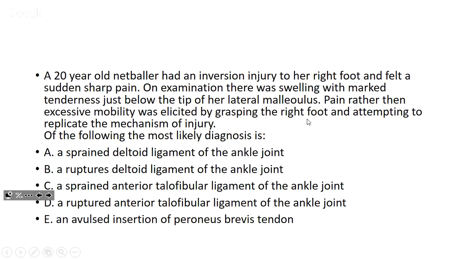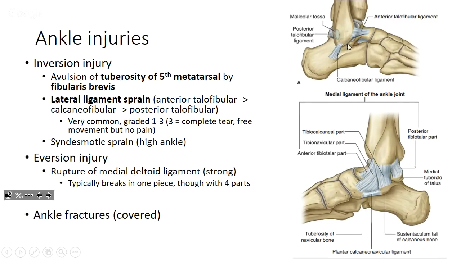And the most likely one to be sprained is the anterior first. As you can see here, this is the lateral ligament. It's got 3 different bands: the anterior talofibular, the calcaneofibular, and the posterior talofibular. And it's sprained in that order. So the anterior goes first, then the calcaneofibular, and then the posterior one. I know because I've sprained my ankle a few times. I can tell I've damaged my anterior already, and I'm up to this one. But anyway,